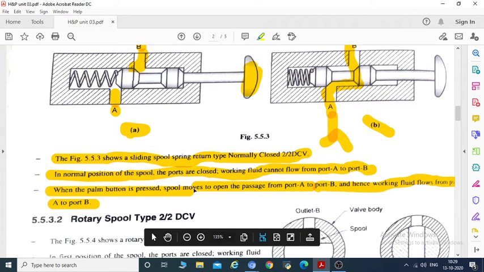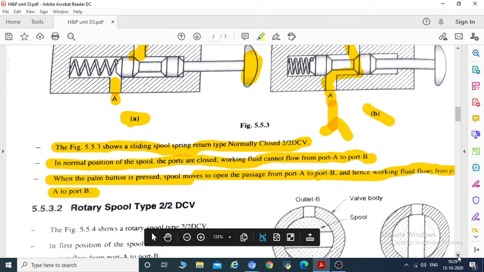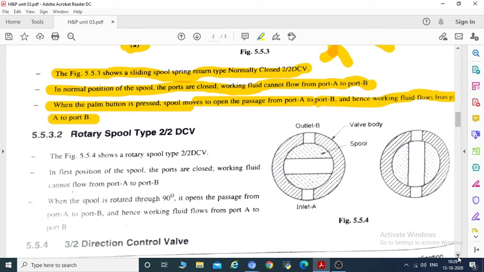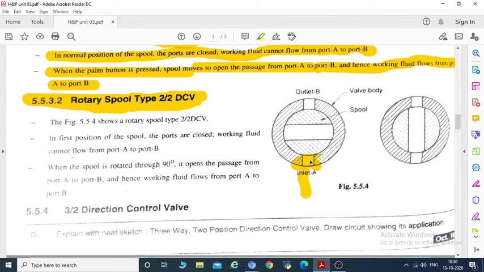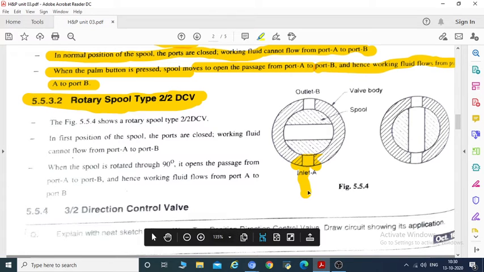Okay. Similarly, we have this rotary spool type 2 by 2 direction control valve here. Here the spool is in circular form. Here you can see the entry of the fluid is restricted, as the fluid can come from port A and it is restricted, and it does not have a passage to move to port B. That's why the entry is restricted here.